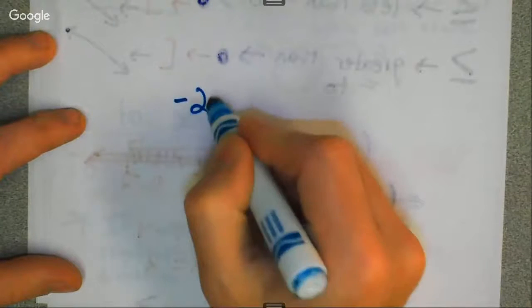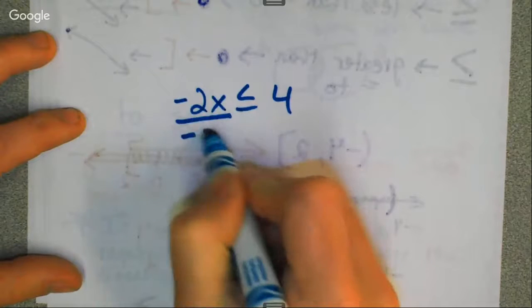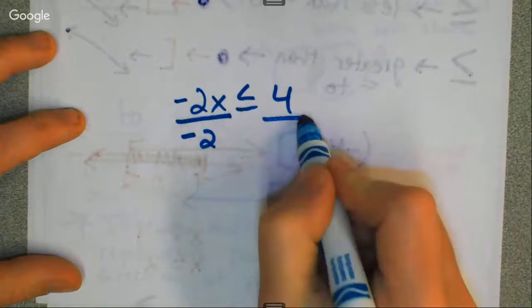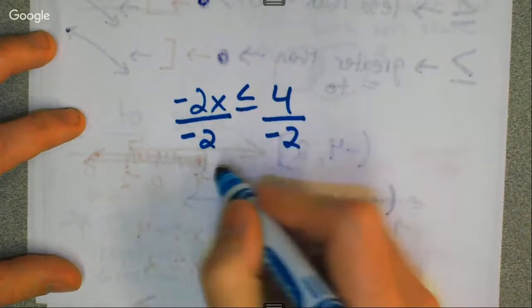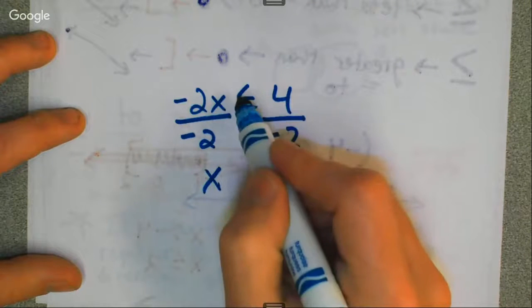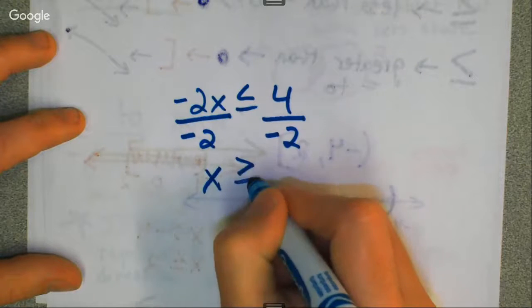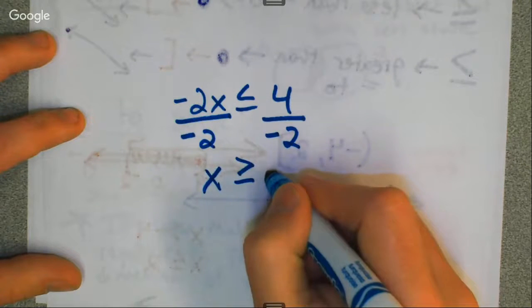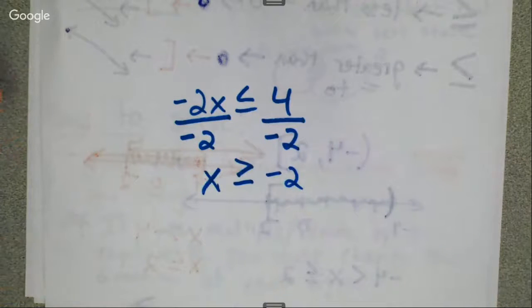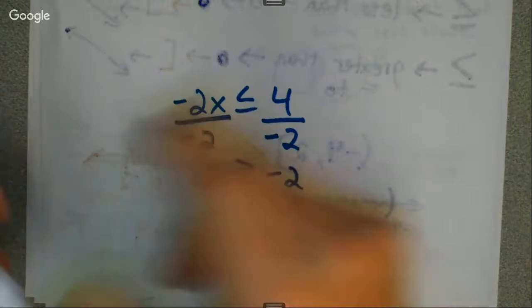if I have this equation, let's just say negative 2x is less than or equal to 4, and I divide by negative 2 because I'm trying to isolate x, I have to change the direction that this sign opens. So instead of it being a less than or equal to, now it's a greater than or equal to negative 2. Okay, you have to flip that direction of the sign because